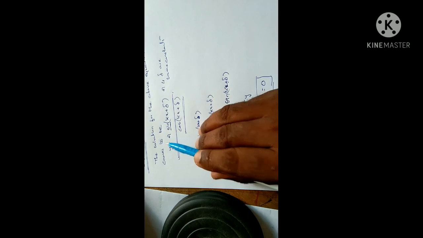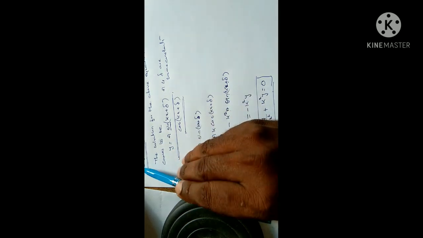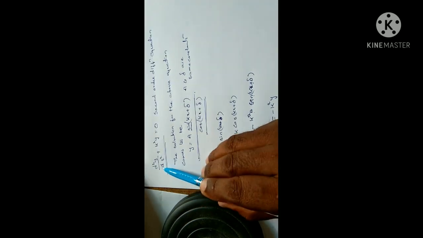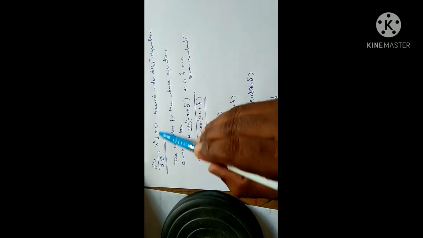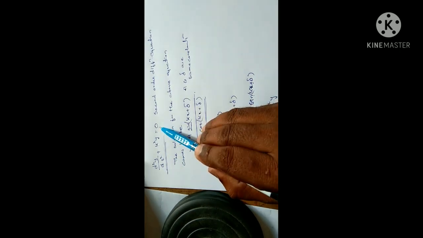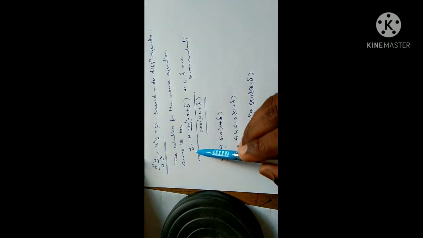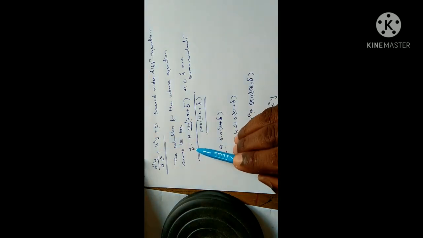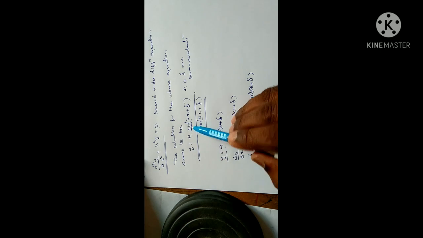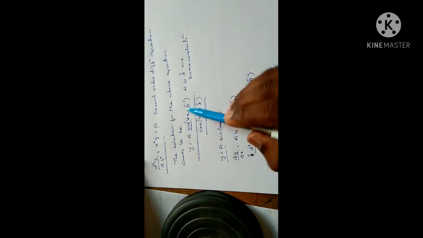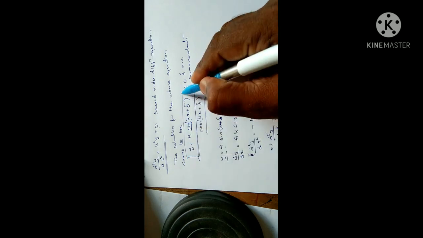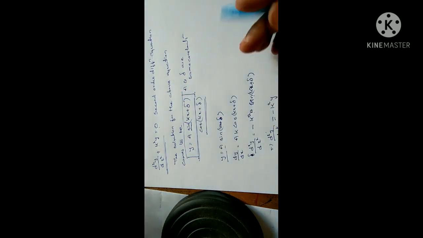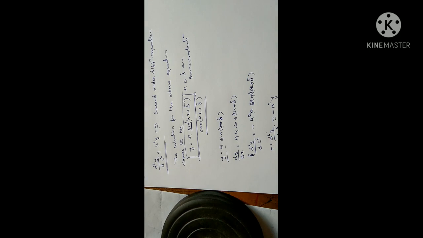So any equation which is in the form of d square y by dx square plus k square y equal to 0 represents the mathematical equation of a simple harmonic motion, and the solution of that equation comes to be y is equal to a sine (kx plus delta). Now let me explain clearly what this equation represents and what the terms involved in it are.